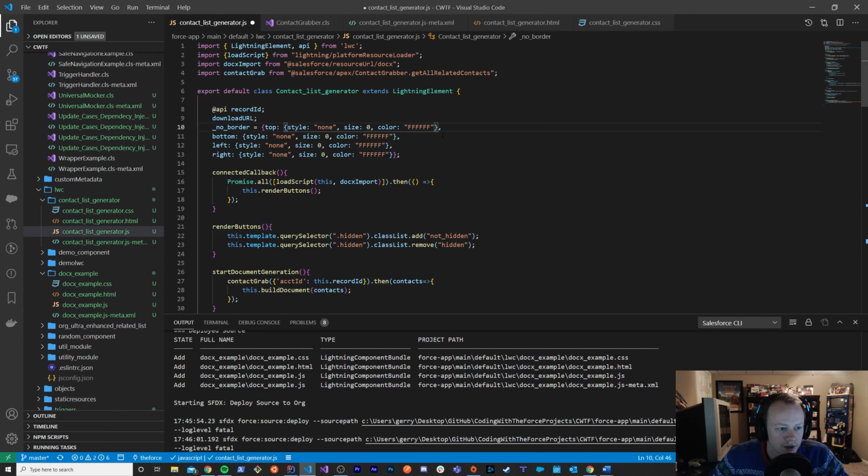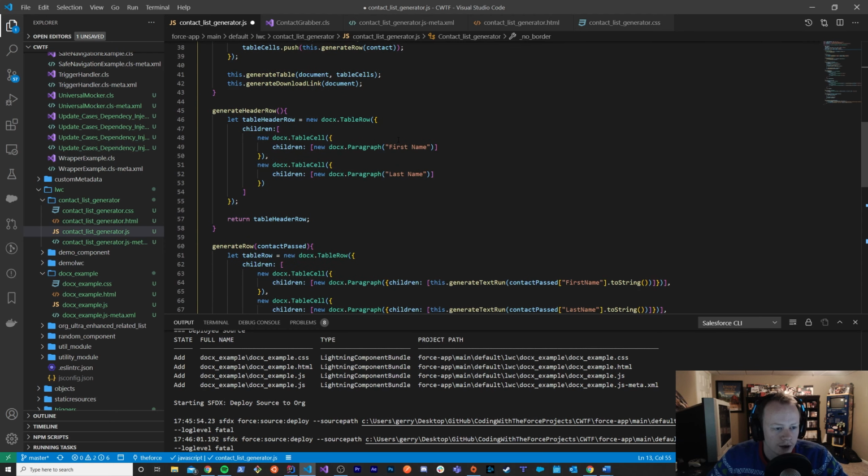underscores denote that a variable is private, and in JavaScript, if you were unaware, I think they're about to change it to a pound sign or a hashtag, or maybe they already have, but we'll see. So you gotta basically declare this big array here of border styles for the top, bottom, left, right of every table cell. And then you have to go down to where you're actually creating your table cells down here. And you declare, I believe, hopefully,